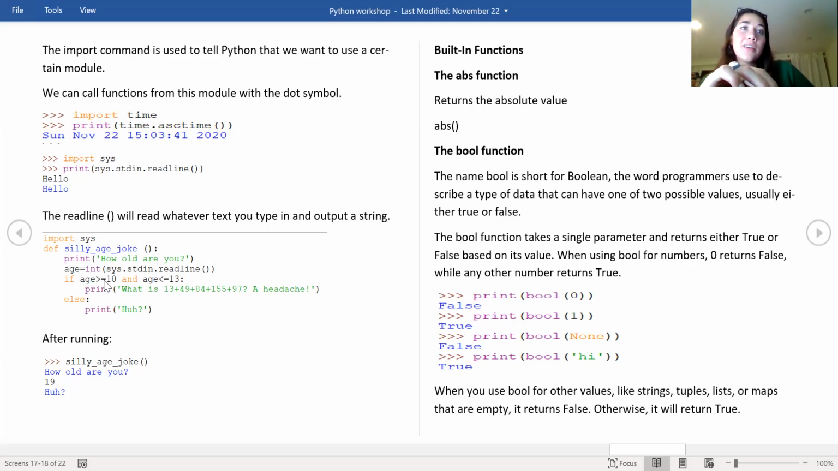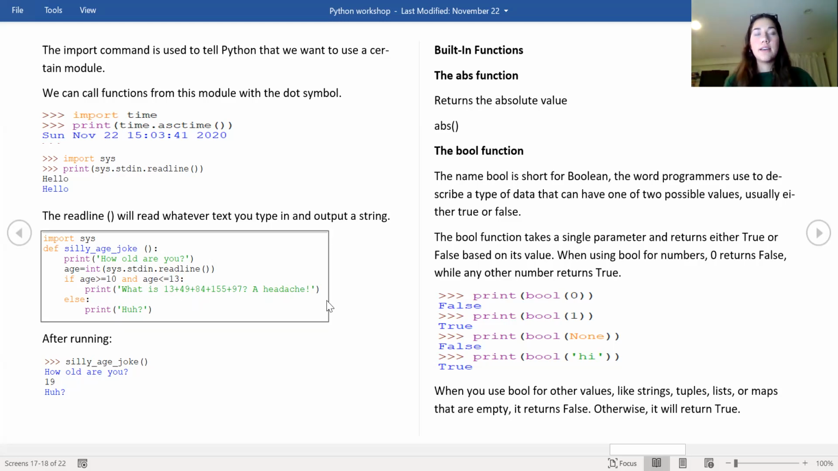If age is greater than or equal to 10 and age is less than or equal to 13, print: what is 13 plus 49 plus 84 plus 155 plus 97? A headache. Also, some of these jokes are not my own. They're from this book that I have been using to teach myself how to code Python. But that is the joke. It'll print out if the if statement is true. Else it will print,